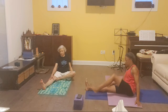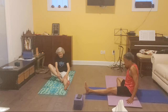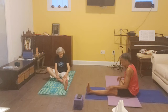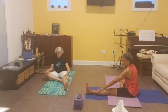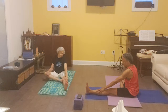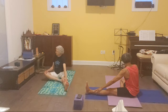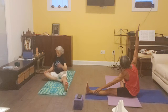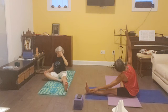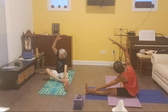We're going to switch feet, so straighten your left leg out. Bring your right foot inside the left thigh. And stretch your left hand out as far as it'll reach over your left leg. Turn your torso to face your right leg. And then inhale your right arm up, straight up toward the ceiling. And exhale as you tilt over your left leg, moving your left hand down as much as you can as